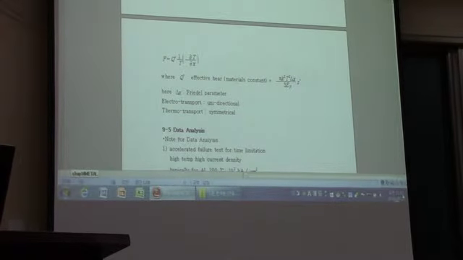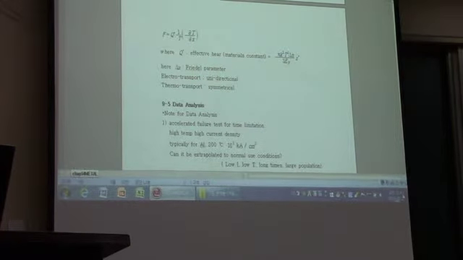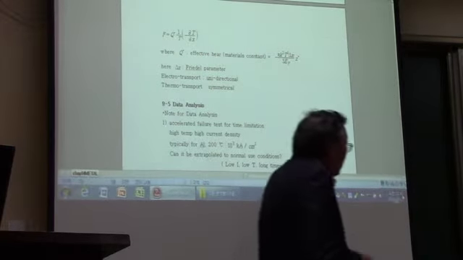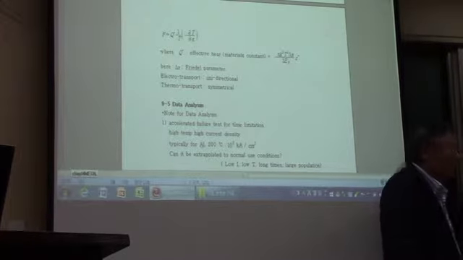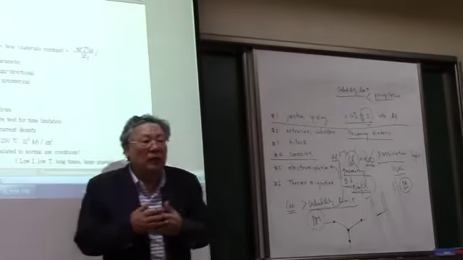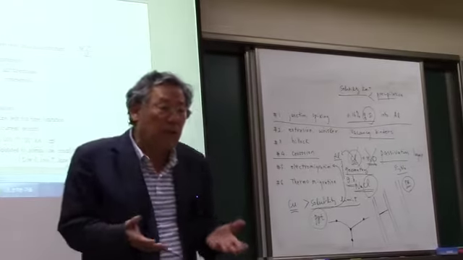Electrotransport, electromigration, is unidirectional. It has a directionality depending on the field. And thermal transport, thermal migration, is symmetrical. So that's the difference between thermal migration and electromigration. Anyway, this thermal temperature gradient on your substrate is inevitable, because